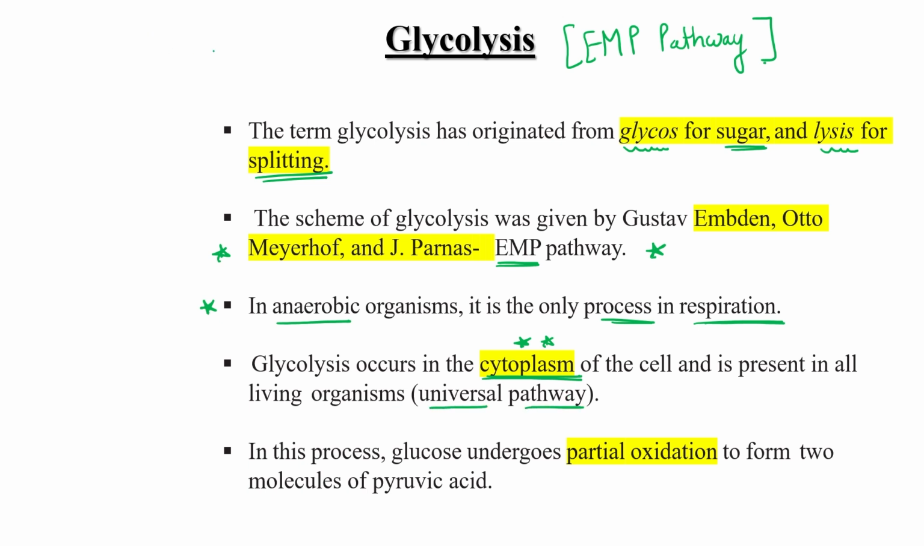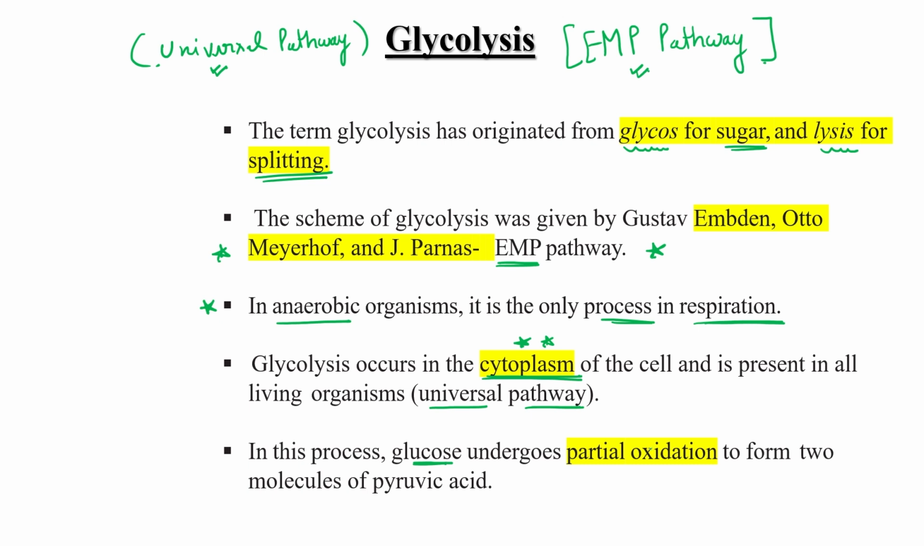Can I write down over here? Universal pathway. So glycolysis is also known as the EMP pathway. It is also known as the universal pathway because glycolysis occurs in the cytoplasm, and cytoplasm is present in all types of cells. Okay, and in this glycolysis,